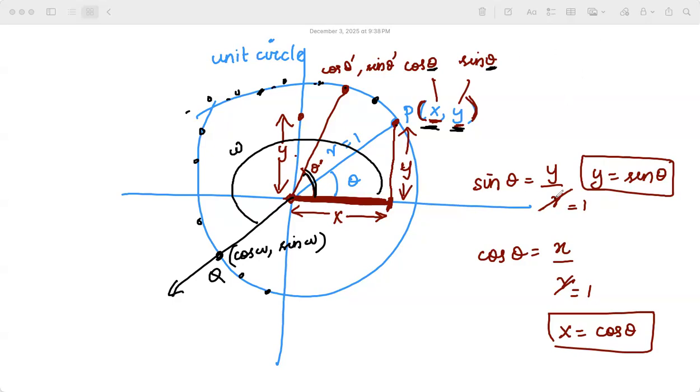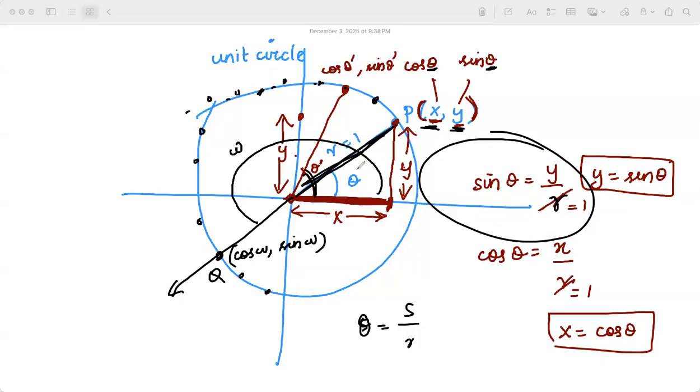Just because my R value was equal to 1, you knew the trigonometric ratios. So we use the basic formula we studied, theta equal to S by R, as well. Here, one thing you noticed is, when R value was equal to 1, did you also notice that x square plus y square was always equal to 1? Did you realize that this was the circle equation with center as origin? Now the radius is 1. X square plus y square were always equal to 1.